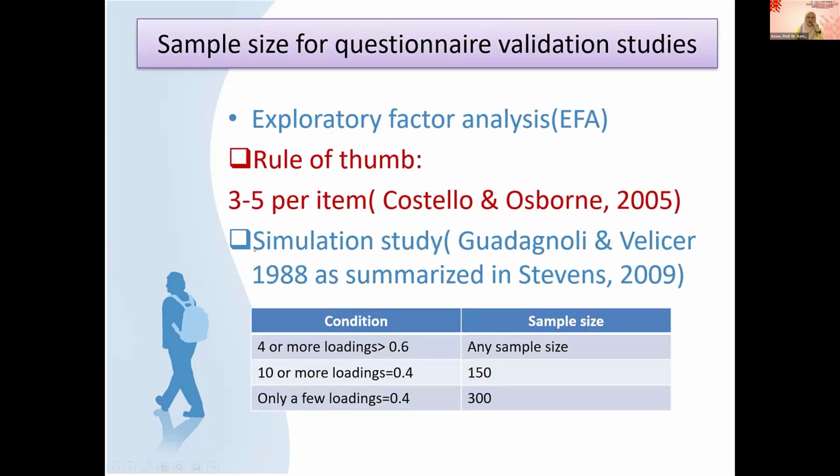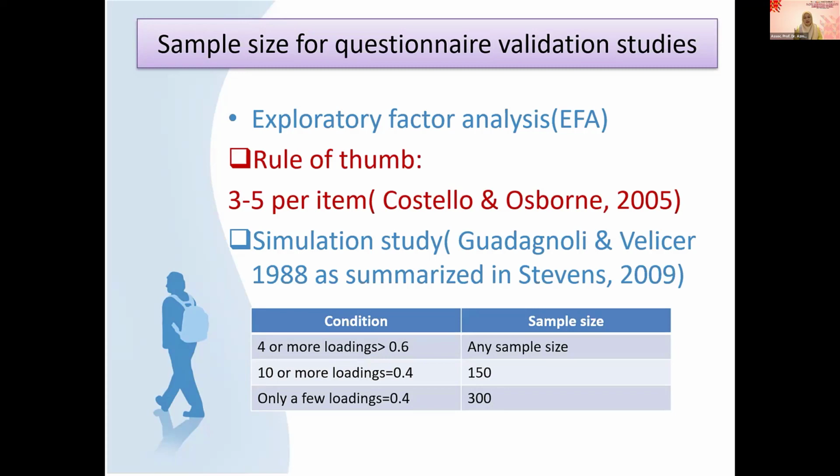Okay, so as I said just now, when you do a pilot study as a student, at least at master level, you need to do EFA, exploratory factor analysis. So how do you calculate the sample size for a pilot study? Basically, you need to look at your items. How many items? Let's say you have 20 items, so 20 times 3 as the minimum, 5 as the maximum. Try 3 to 5